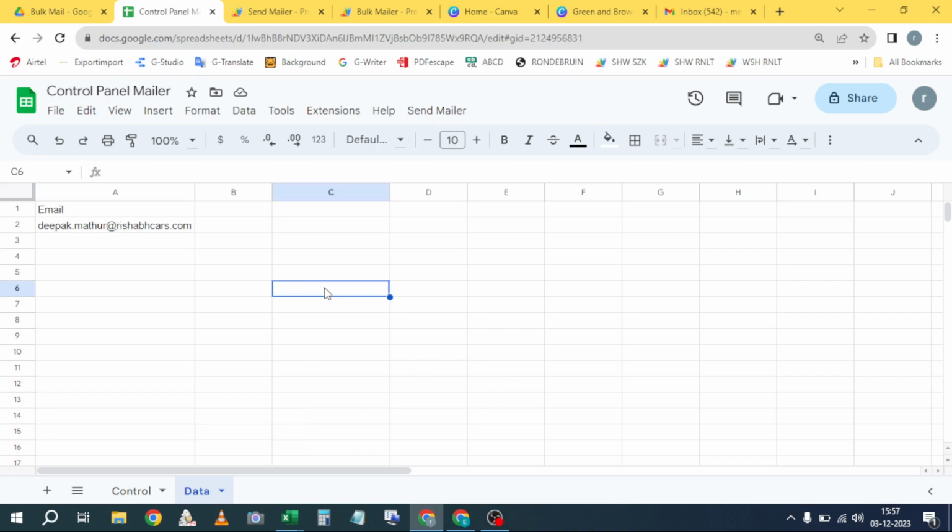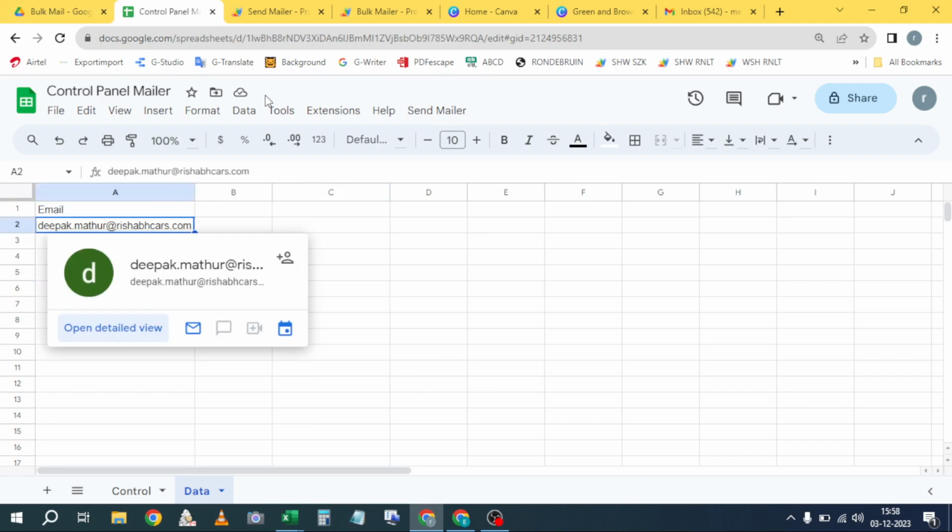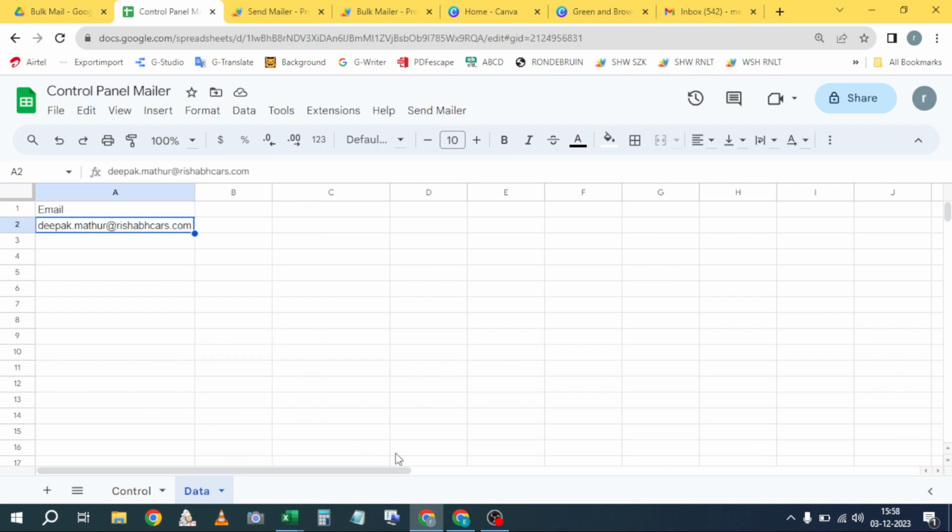Okay, today we will learn how to make a mailer, right? So, what is a mailer? A mailer is an automated mail which is sent to a bulk of email IDs in the form of a picture file or in the form of an HTML file. They both have the same methodology, but the difference is that